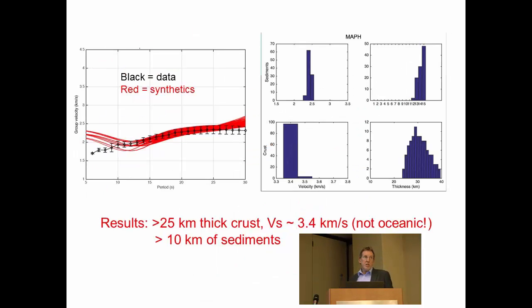So we've done some very simple modeling of these group velocities using a grid search again. We create a simple crustal model with a sedimentary layer above a crystalline basement, and then we can compute synthetic group velocity curves and try to match our data. So what's shown over here is the data, the group velocity curves in black, and the red lines are all synthetic curves for different models that we tried,